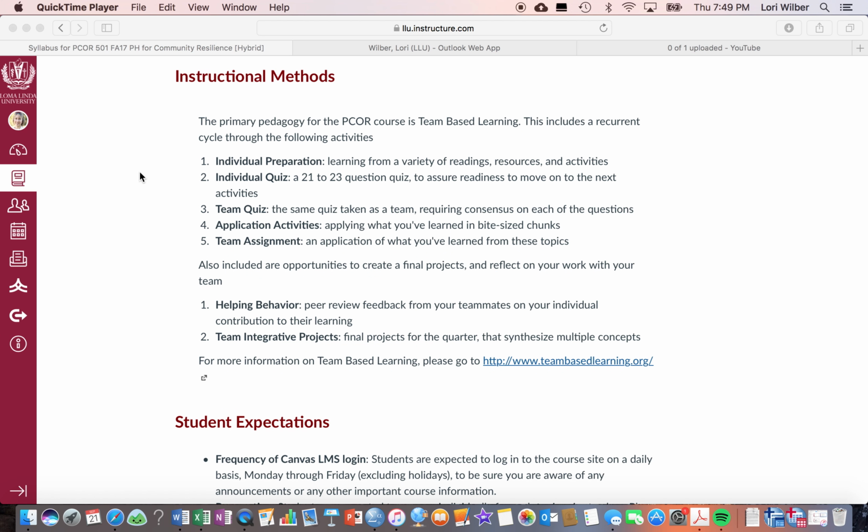Now, when I say team-based learning, I know what you're thinking. For many of you, you have worked on teams and the experience was less than ideal. And so you might ask, why are we intentionally putting ourselves through that process of having a system that is frustrating or ineffective? So what I do have to say is that we have intentionally selected team-based learning because it's a pedagogy that is very well established and it taps into the benefits of team-based learning without having a lot